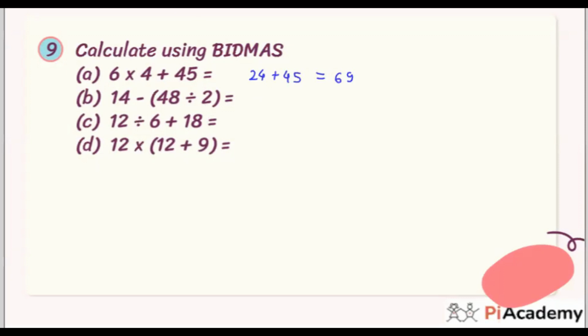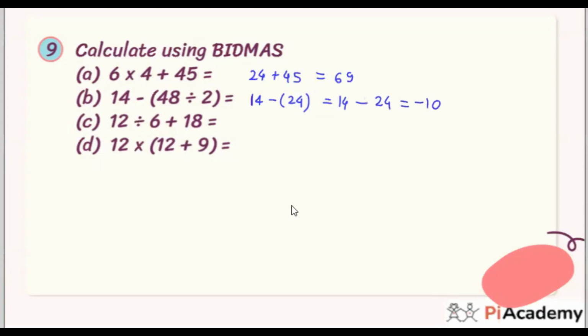Okay, so I'm writing 14 as it is. Now I'm writing the bracket as it is. Inside the bracket, I have just one operation, so I can perform that. Clearly 48 divided by 2, that is half of 48, that is 24. Now I'm opening this bracket. What is going to happen? 14 minus 24, right? So 14 minus 24, that is clearly how much? Minus 10, right? Very good.